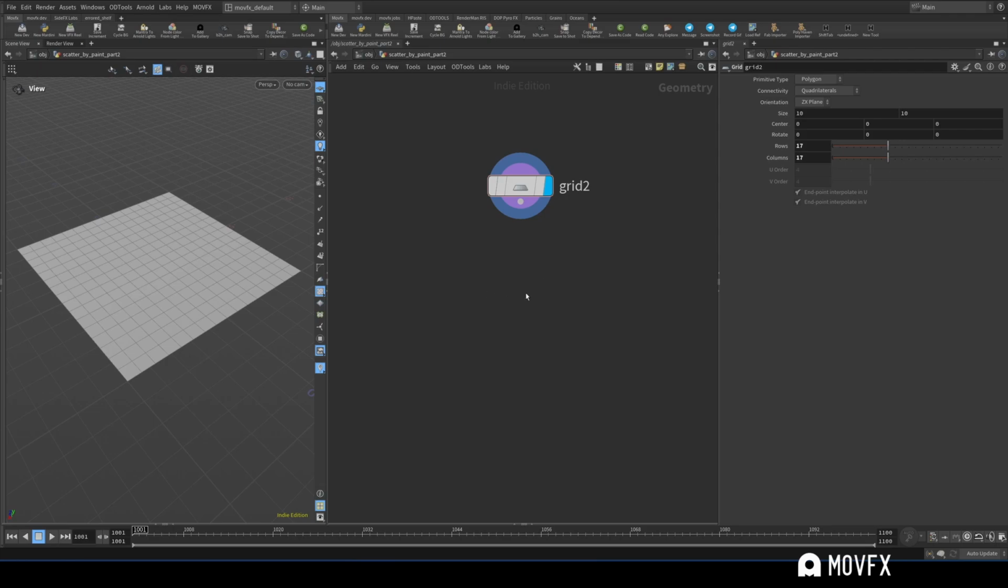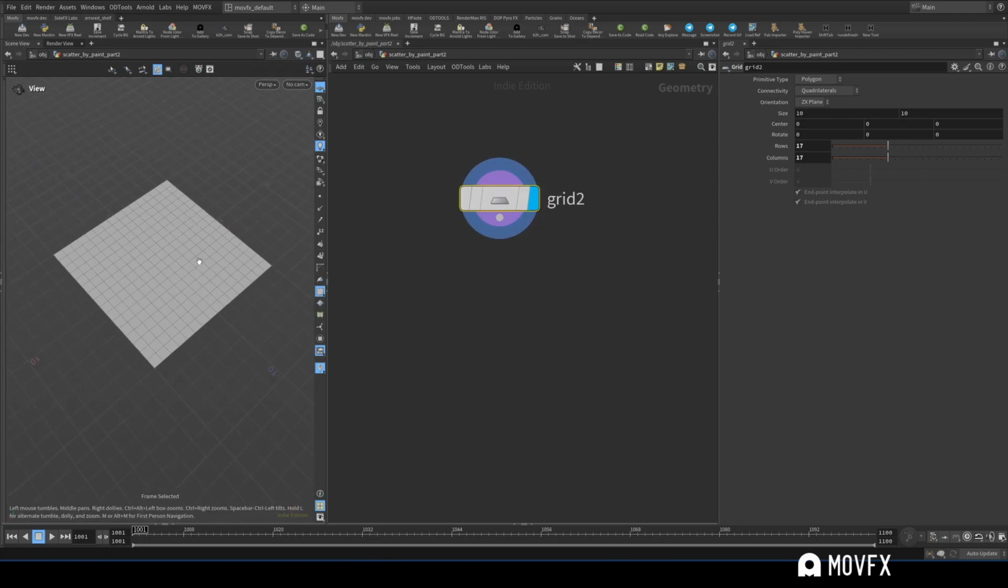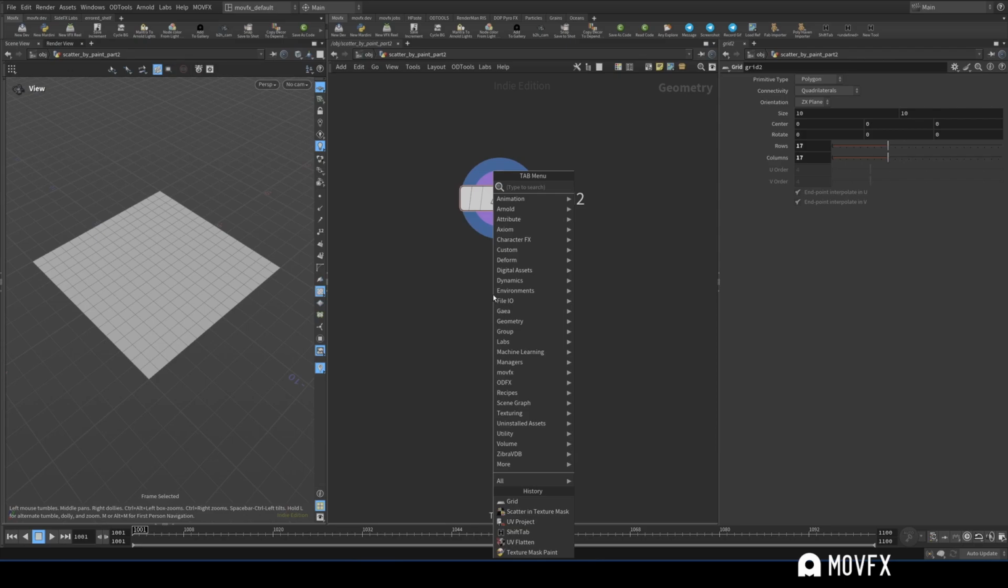First, let's see what the previous method is and what the problem with that is, and then we'll see how to use the new nodes to solve that problem and improve the workflow. Okay, let's get started. We have a grid here. In our previous method, what we did is we used the attribute paint